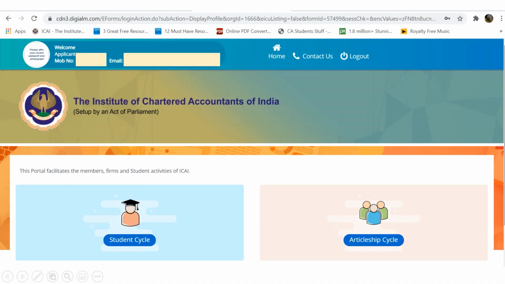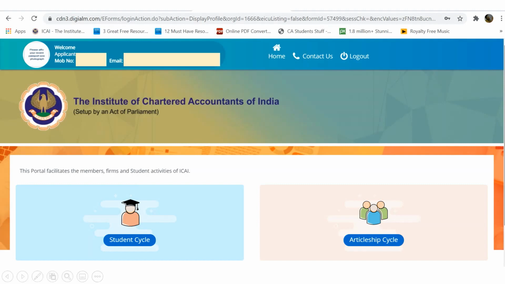So the registration form contains very few details as such. Here you are considered as what? Welcome applicant so and so. So your name will appear here, your mobile number will appear here, and your email address will appear here. So now you are considered as an applicant by the CA Institute. You are yet to pay the fees, you are yet to give a lot of other details about your residential address and your 10th standard mark sheet and your photograph, etc. All these things are yet to be completed. You have just completed the first part of the application process.